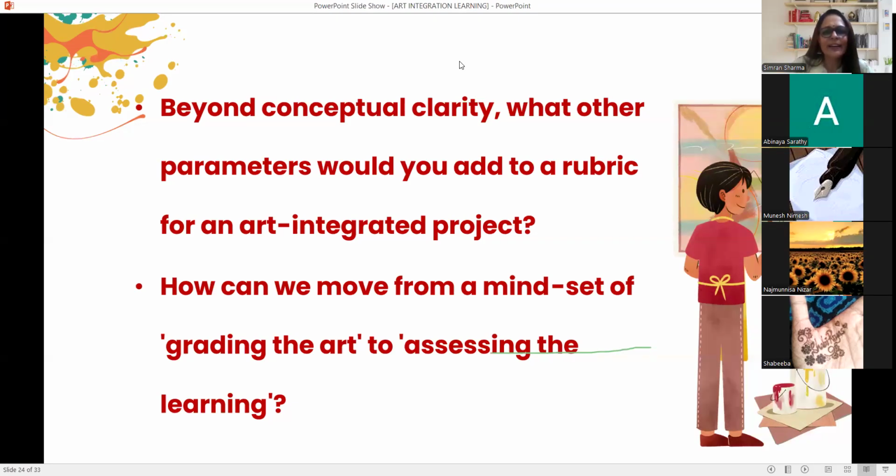If they are able to apply it in another situation. Okay. Learning through, right? So while grading, we have to keep in mind whether the diagram is neat or not neat or beautifully drawn, or the activity or the model is there, whether it is covering or depicting the topic properly or not. That is important. Okay. Not only